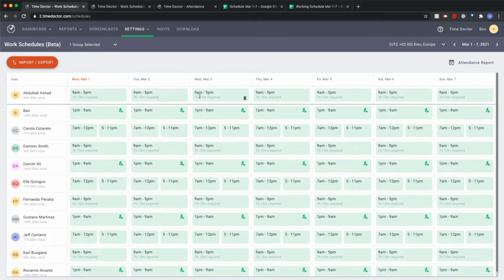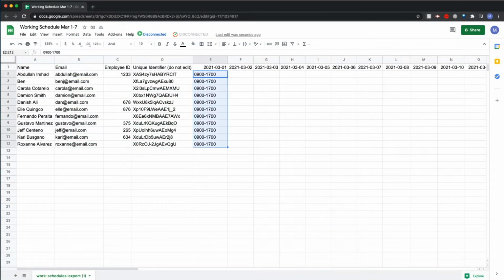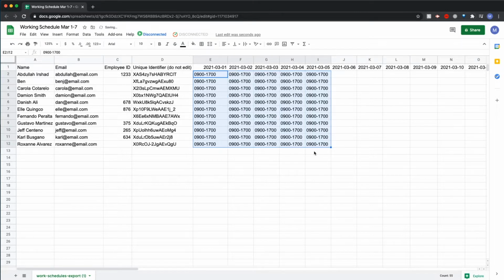With Time Doctor's scheduling feature, it's easy to plan and track your employees' shifts. But for some, working in spreadsheets or CSV files can be challenging. Learning how to efficiently copy shifts to other users or dates will help you to minimize the time spent creating